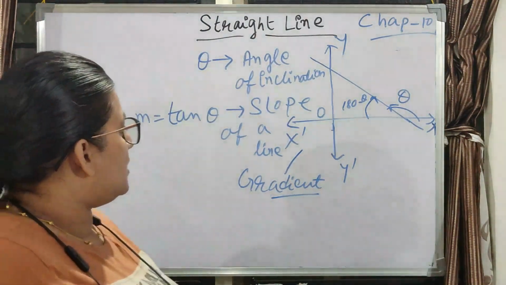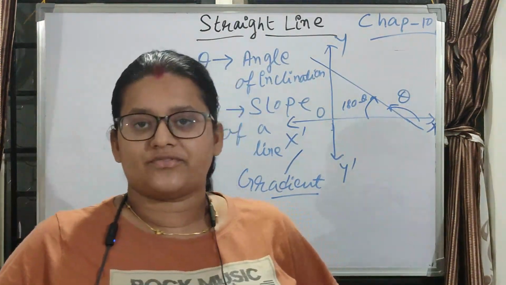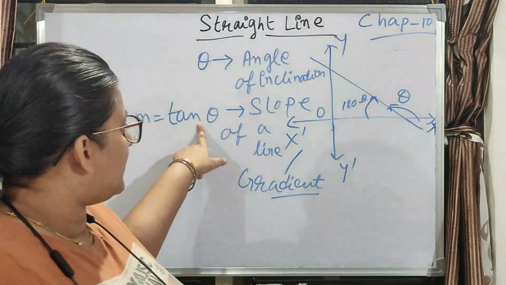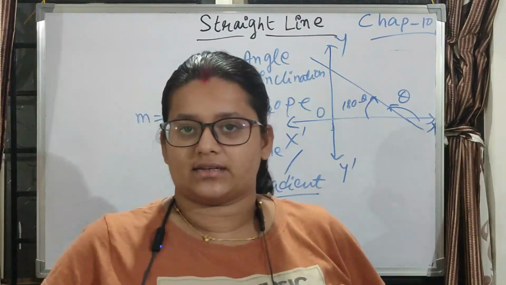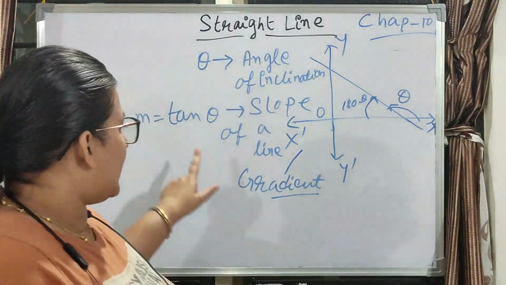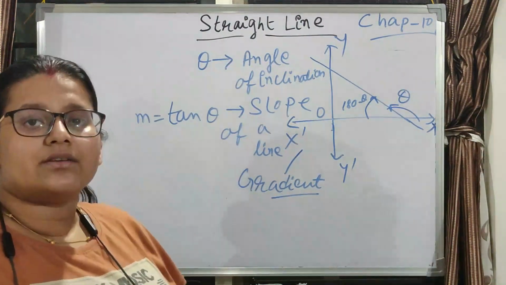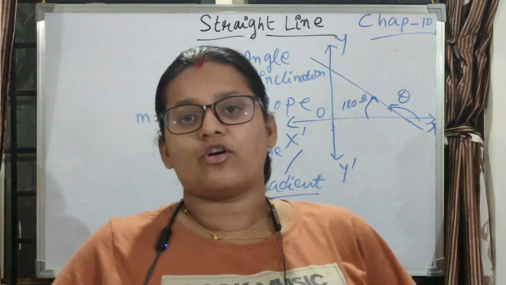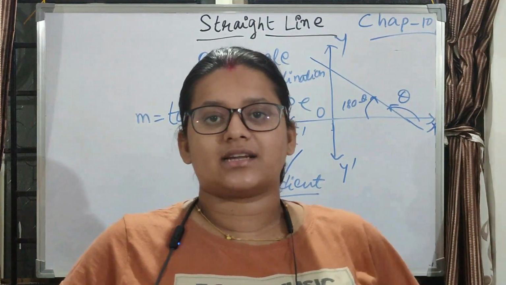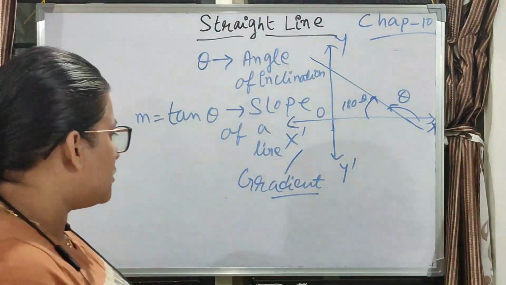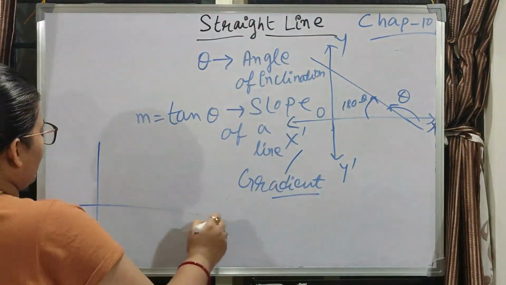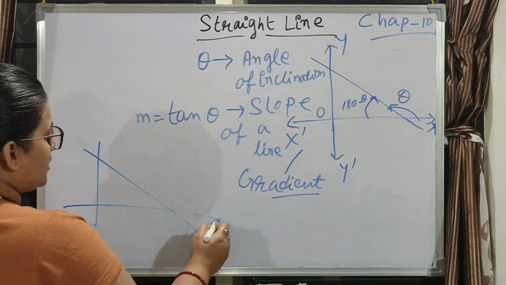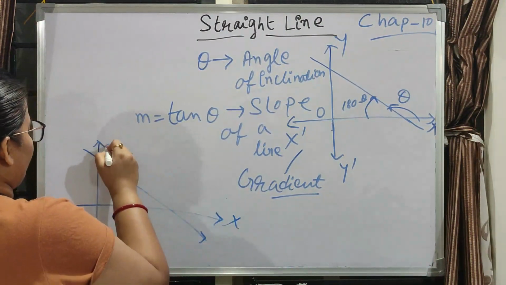Here I will tell how to find the slope in two different ways. This is the one way, whenever angle is provided, we'll get the slope from here. Another one will be when only the coordinates are there, two points and their coordinates are given. So that formula, I will tell the formula and after that I will prove.